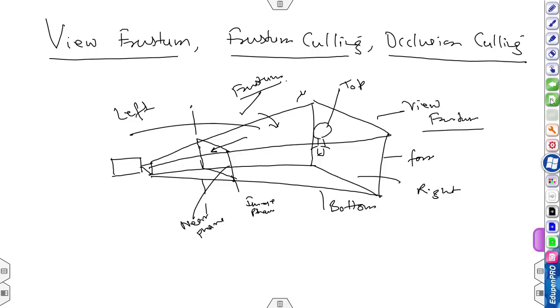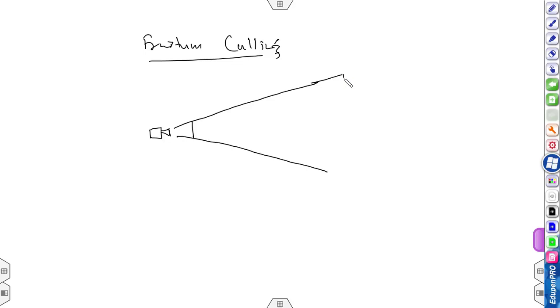Now we will see what frustum culling is. Now I'm plotting again a 2D view of the view frustum.